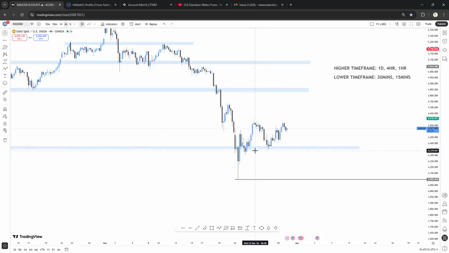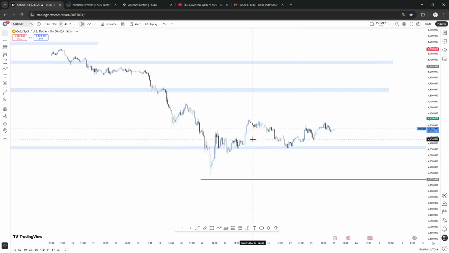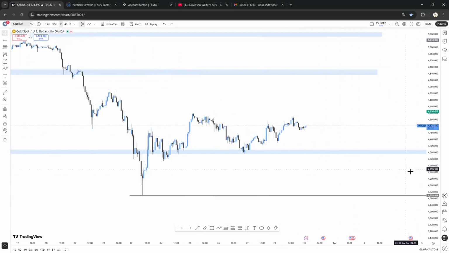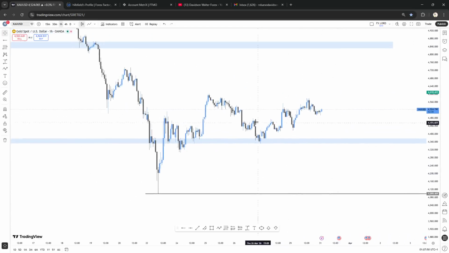If you can see, I already marked out the key levels because I don't want this video to be too long. So if you go down to the 1 hour, things are going to be really clear. All right, look at the 1 hour. Things are really clear now. If you look at this level, we have this touch. After this correction, price is trying to pull back to the upside. We have this one touch, this second touch right here, this third touch, and we have this fourth.